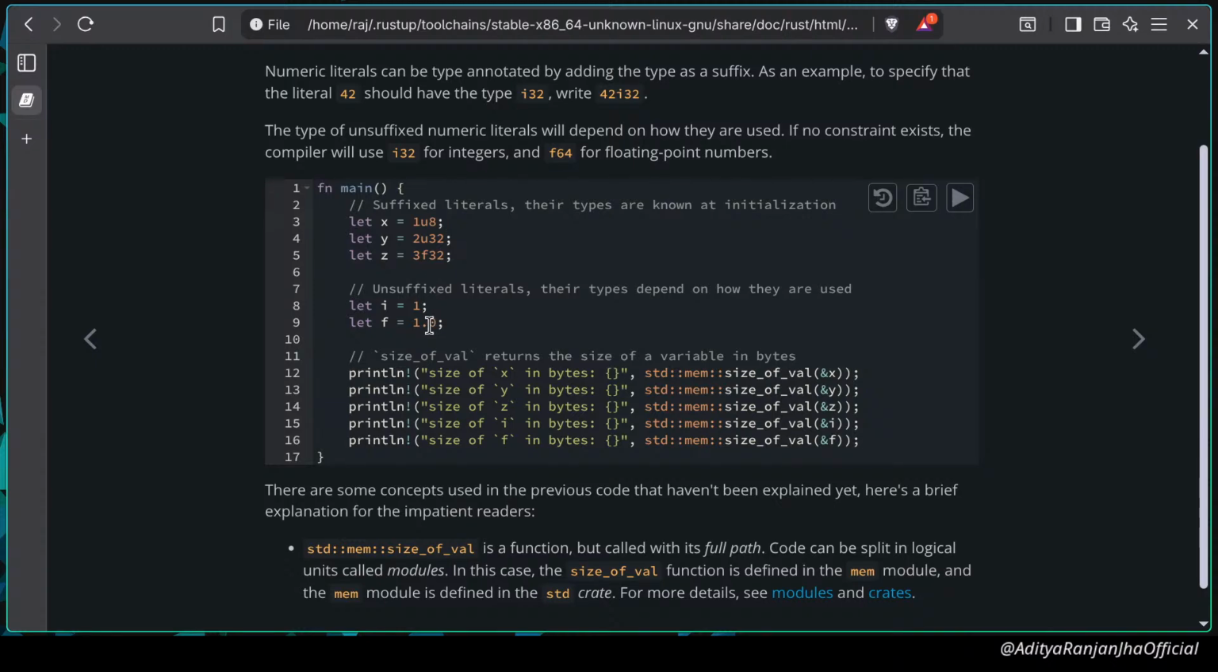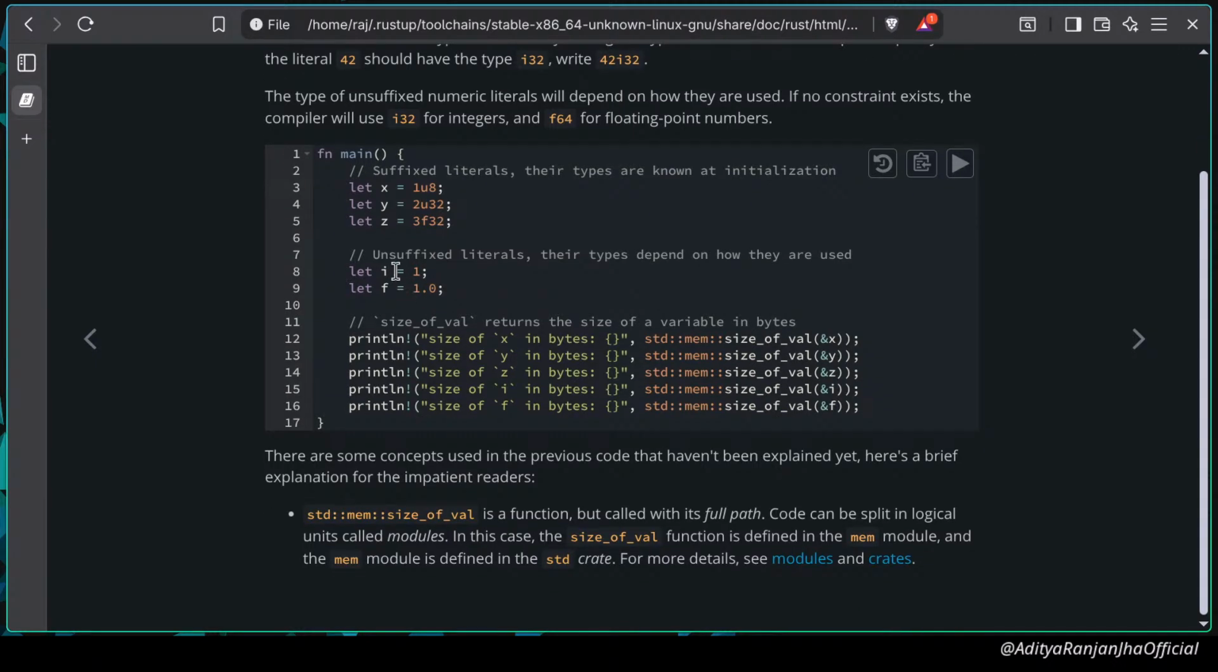But sometimes we don't. Like we say let i equals 1. Now what will its type be? It can be i32, it can be i8, it can be u8. What is the type of i? Alright. And what is the type of f? It can be 64-bit, it can be 32-bit. So to see this,